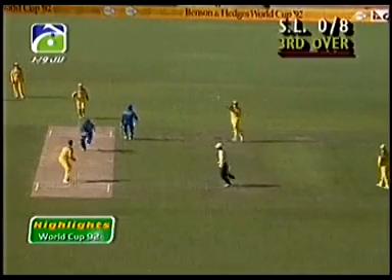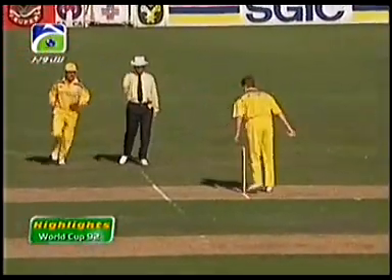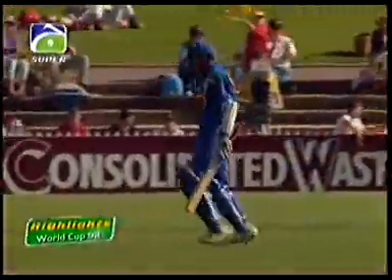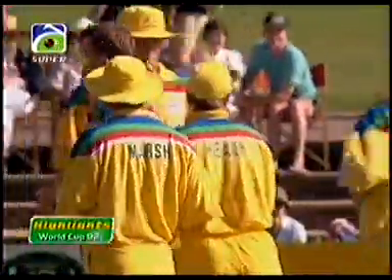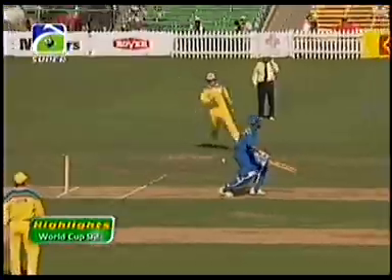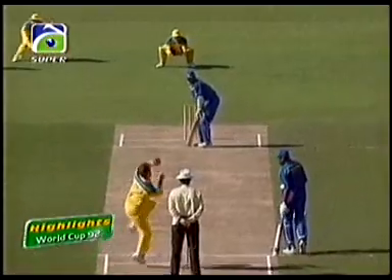Oh, there's a run out here. This has got to be taken and off go the bails. Well, what a tragedy that is for the Sri Lankans. They were playing so well, and all of a sudden, a dreadful misunderstanding there. Samarasekera didn't want to go. Roshan Mahanama decided there was an easy single.